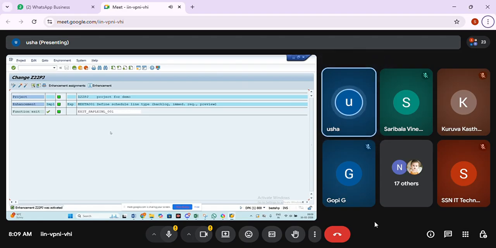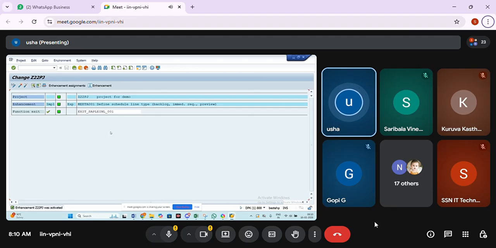This is how we are going to find the enhancement and implement. What is customer exit? The collection of function exit, menu exit, and screen exit is called the customer exit. The function exits, screen exits, and menu exits are called components. And the customer exit is called the enhancement. To find the enhancement, we have two ways. First, go to the program, give the string as call customer, and see the function modules, keep a breakpoint and check if suitable. Then double click on the number, and it will show you the function exit name.